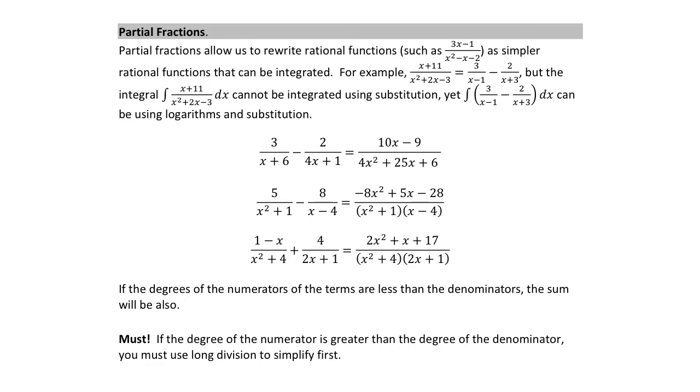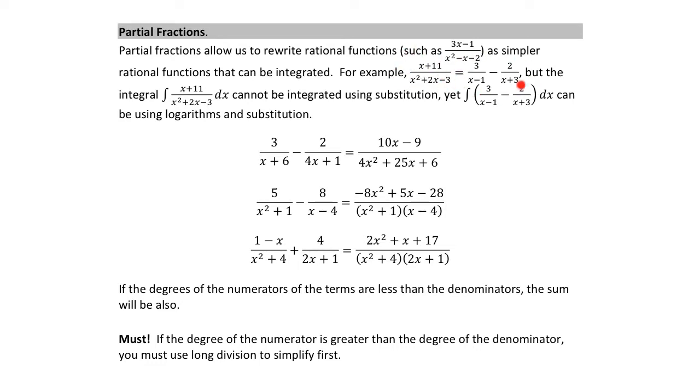There is a function that sends that to the denominator, which would lead me to believe that maybe substitution is in order. But if I take the derivative of x squared plus 2x minus 3, I end up with 2x plus 2, and the numerator, x plus 11, is not a constant multiple of 2x plus 2, so substitution doesn't work. However, the method of partial fractions will take this rational function with a quadratic denominator and rewrite it as